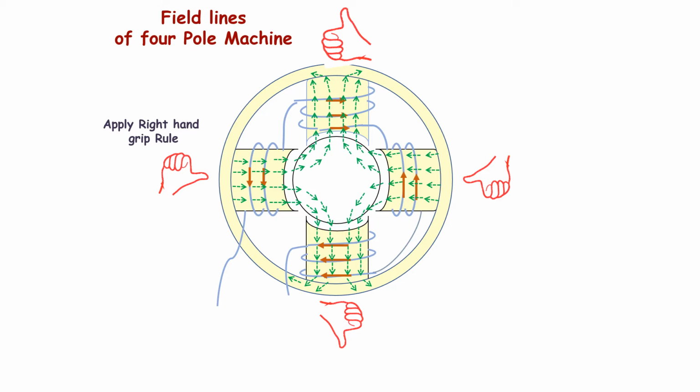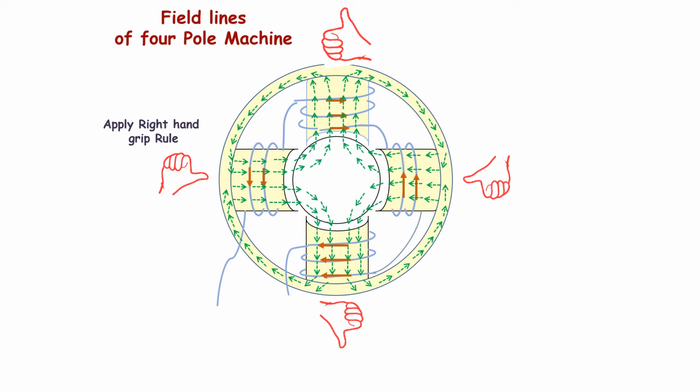Field lines are all closed lines. If you observe the bottom left side, the field lines flow through the yoke and form the closed paths. Observe now the bottom right side. The field lines form the closed paths by flowing through the yoke. The top right side, you can see the passage of the flux lines through the yoke forming the closed paths. Now I can observe the top left side, the flux lines are forming the closed paths.